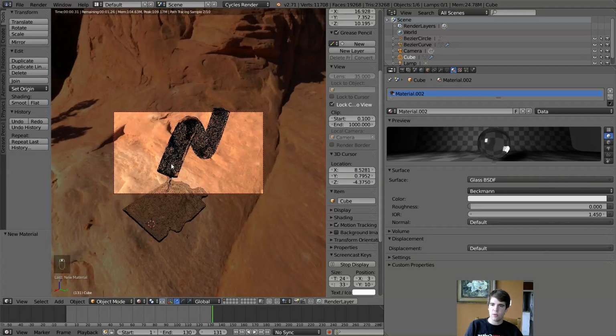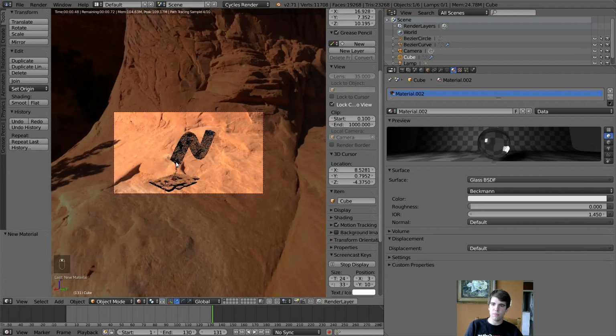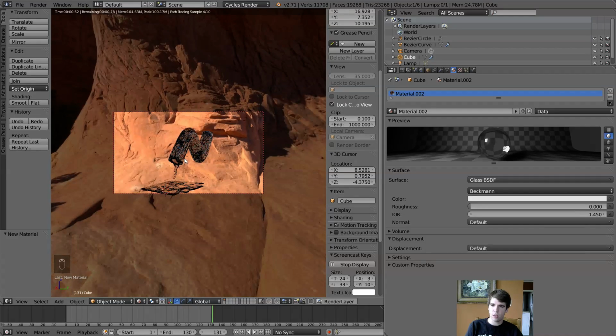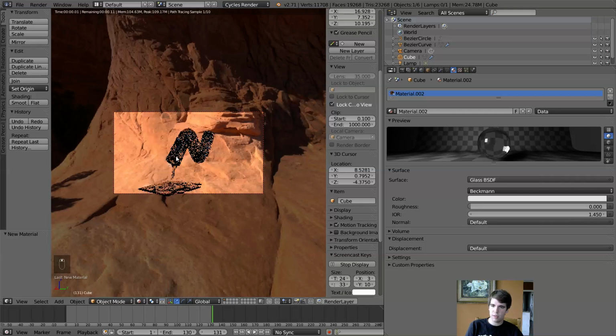And now I'm just going to move it to where it comes out of that little crack right there. I would say about right there. Okay, that looks nice. There we go. Yeah, that looks good. And I'm going to unlock the camera to view, and now I'm going to go to my render